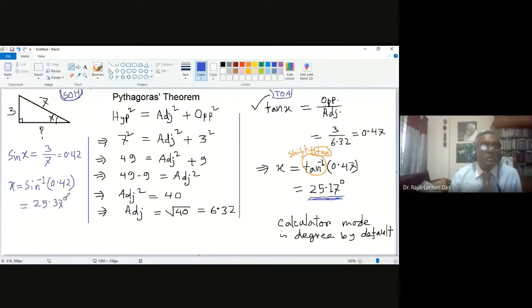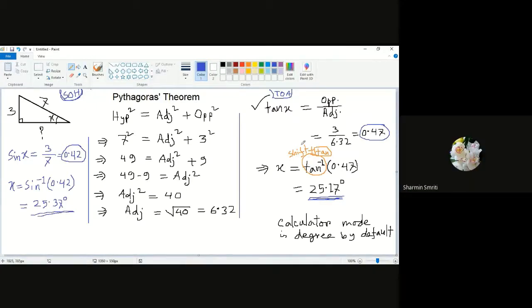So there may be a slight difference. Why a slight difference? What do you think? Why will there be a small difference between this x and this x? Because of the point value. If you take the accurate value, then the angle in degrees will also be accurate. So this is the situation and this is the understanding. Do you understand now?